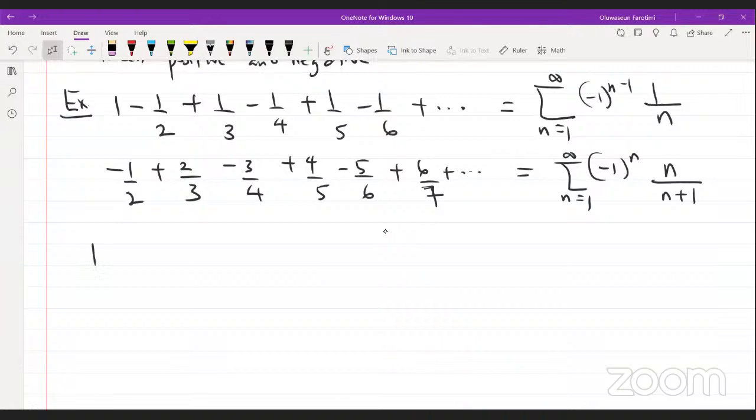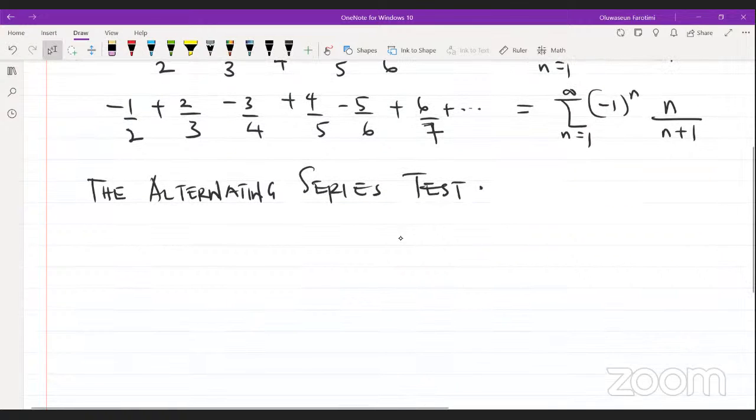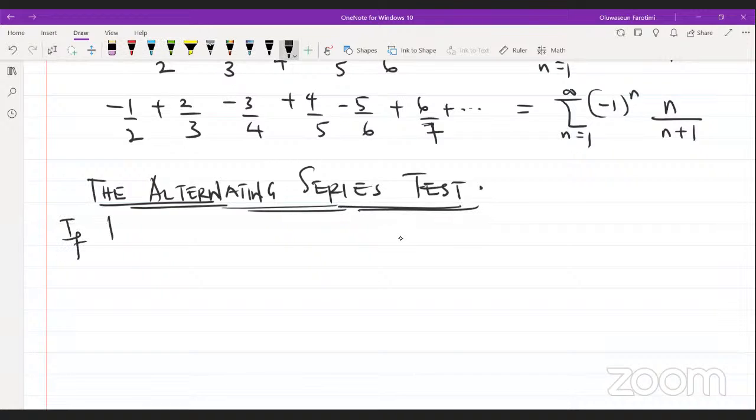All right, so now let's talk about the alternating series test. Now, what is the statement of this test? It's important to actually tell us what this is all about before we start applying them, okay? So now, if we have an alternating series,